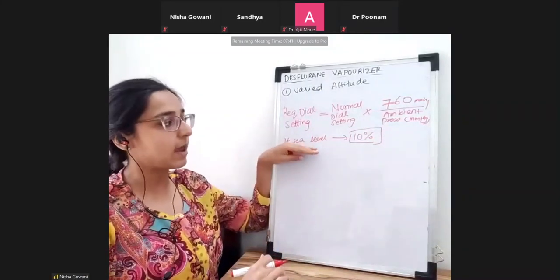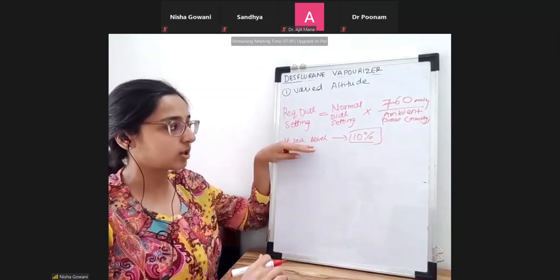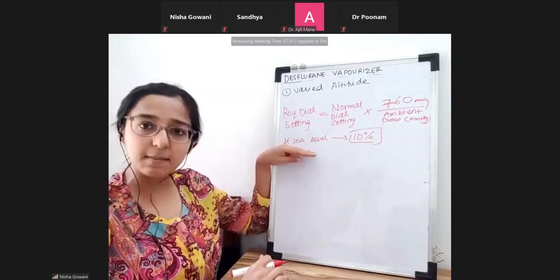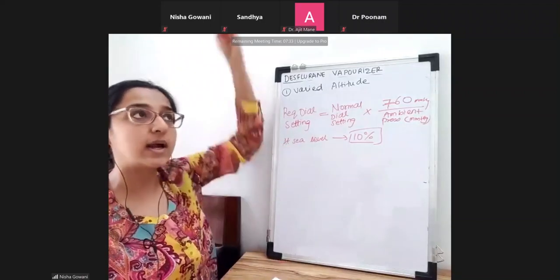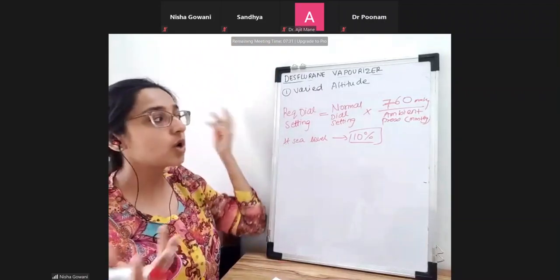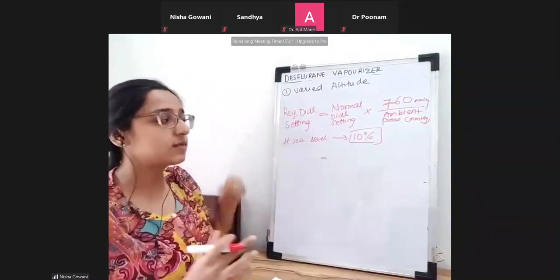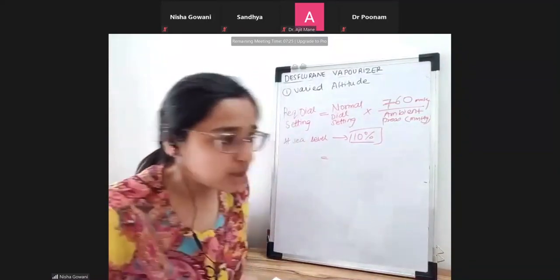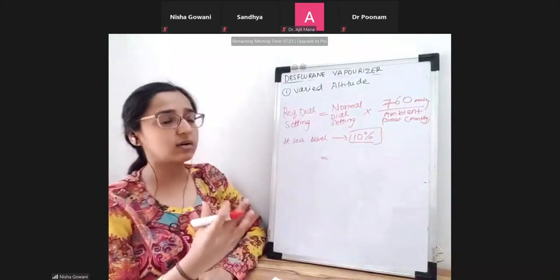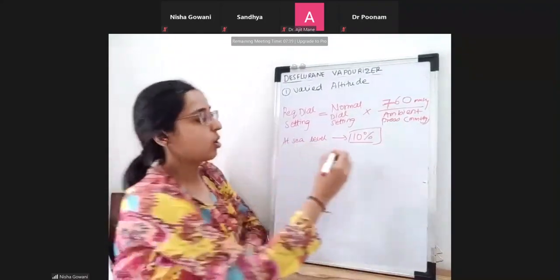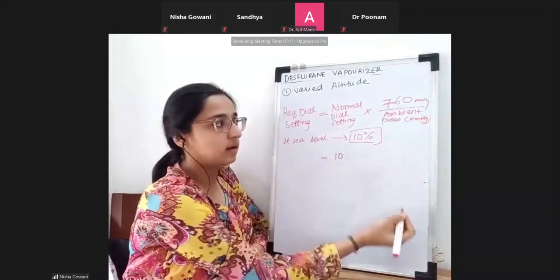I want this same partial pressure. So at 10%, the partial pressure of desflurane which is delivered, I want that same partial pressure to be delivered when I am going to a higher altitude. So how much should I keep my dial setting? Because I will have this in mind, right? As an anesthetist, we usually have the volume percent in mind. We don't keep the partial pressures as a routine in our mind, correct? So the normal dial setting that I would have kept would be 10, right?